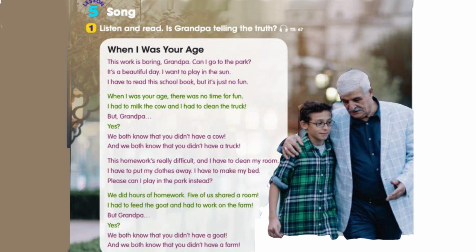This homework's really difficult and I have to clean my room. I have to put my clothes away. I have to make my bed. Please can I play in the park instead? We did hours of homework, 5 of us shared a room. I had to feed the goat and had to work on the farm. But Grandad, yes,